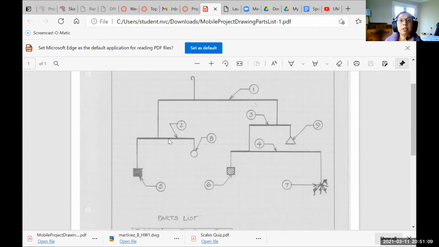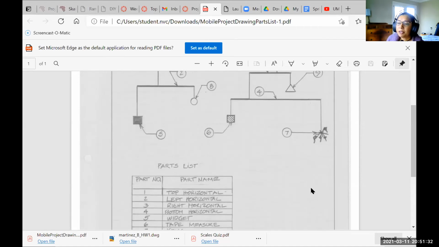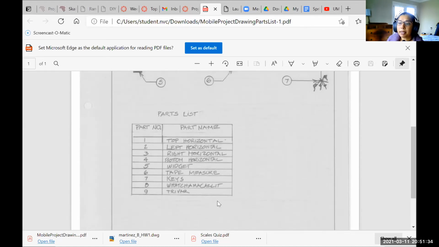But if you use four identical skewers, as an example, then each one of these pieces would have the same number in it. It's part number one, which is a skewer, and you need four of them. So depending on your particular mobile, it will have its own drawing, very specific to you. And you can see here, this is the string that holds the whole thing up. And you will also create a parts list down at the bottom, and it just has the number and a listing of what it is.